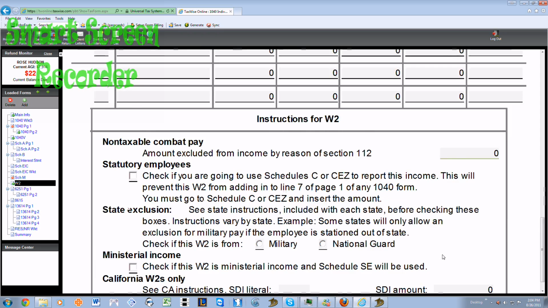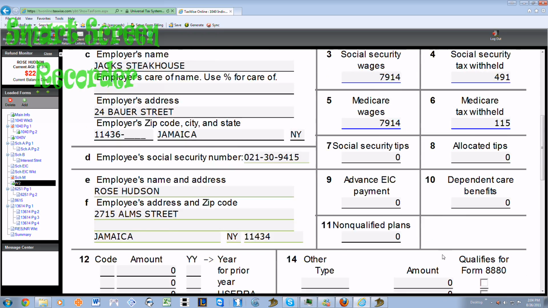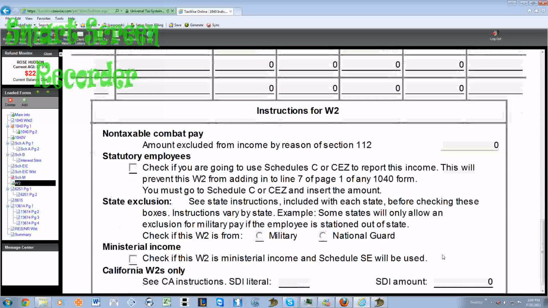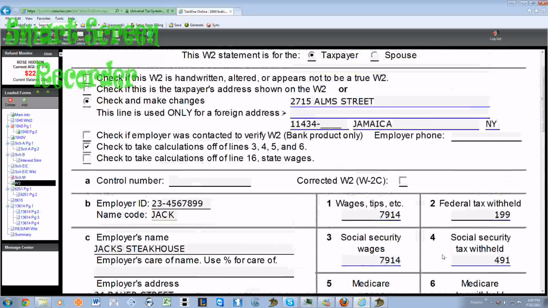Okay, so that is pretty much it for the W2. Again, it's pretty basic. You just need to always double check your numbers, make sure that you're putting in everything right,